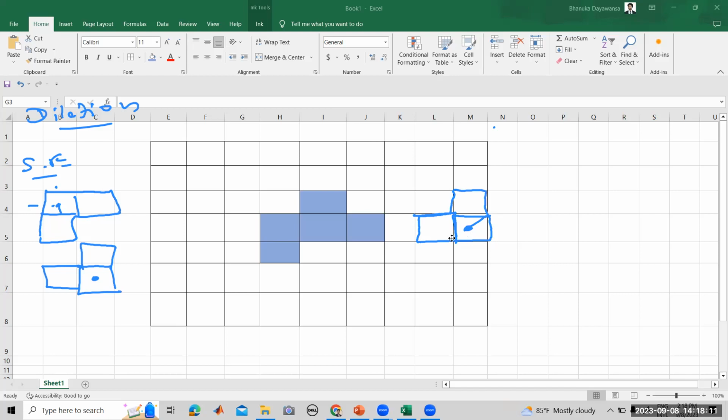Now, what I did earlier, the mistake was I placed the structuring element